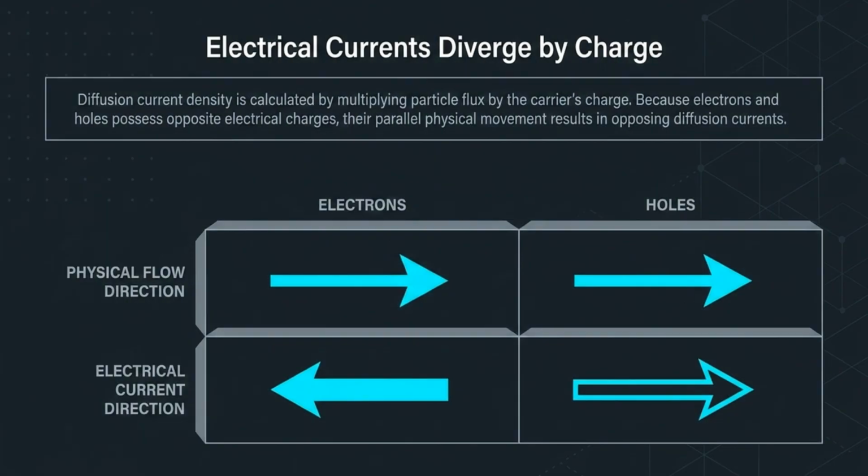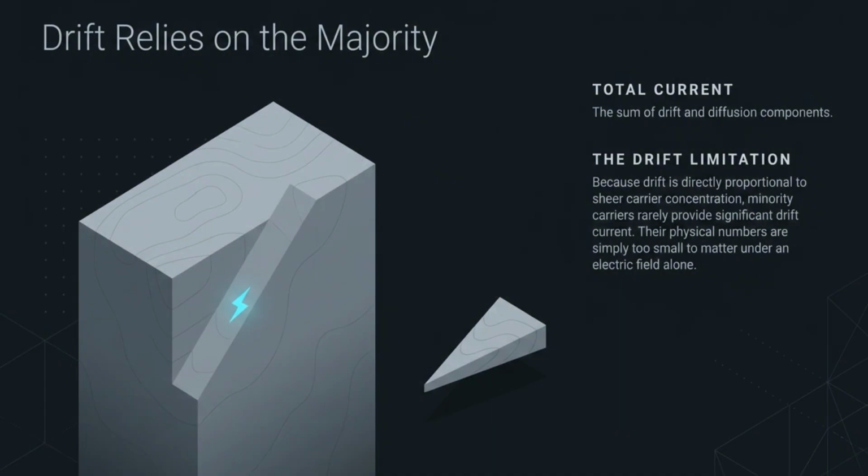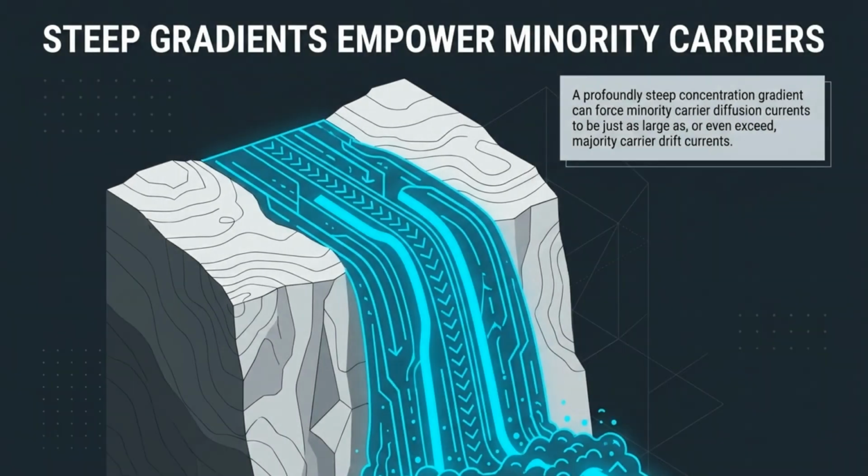Electrical currents diverge by charge. Because electrons and holes possess opposite electrical charges, their parallel physical movement results in opposing diffusion currents. Drift current relies primarily on majority carriers, as it is directly proportional to carrier concentration. Minority carriers rarely provide significant drift current due to their small numbers. However, a profoundly steep concentration gradient can force minority carrier diffusion currents to be as large as, or even exceed,